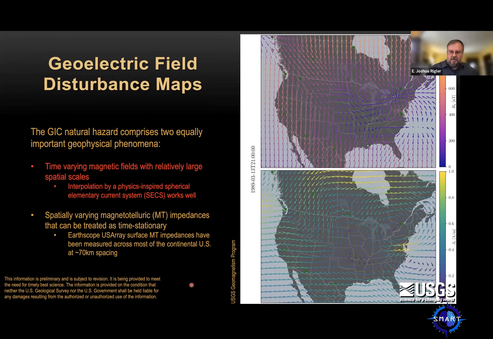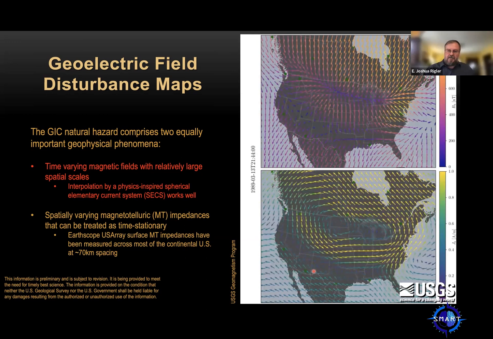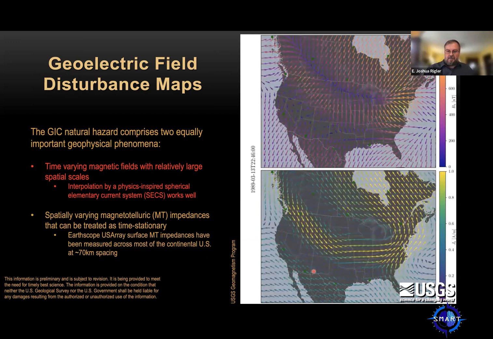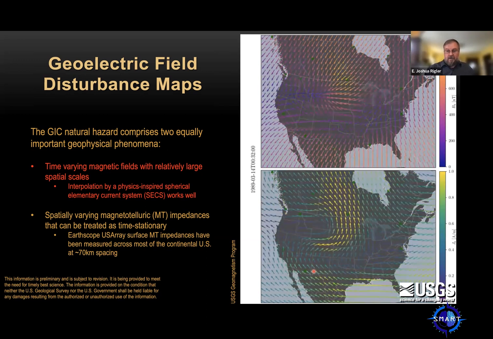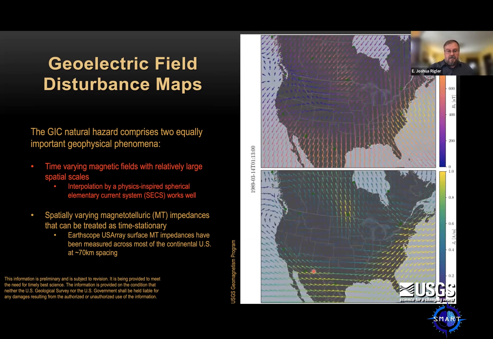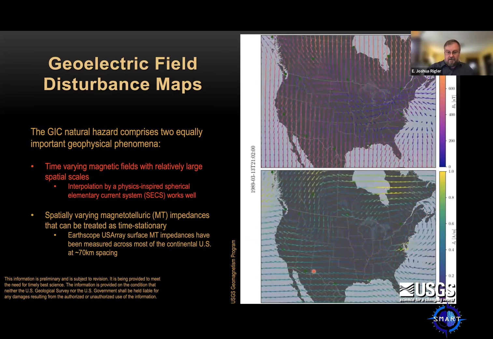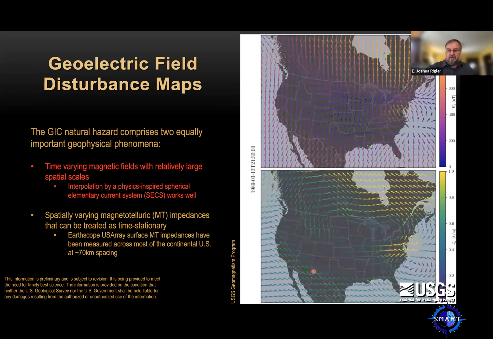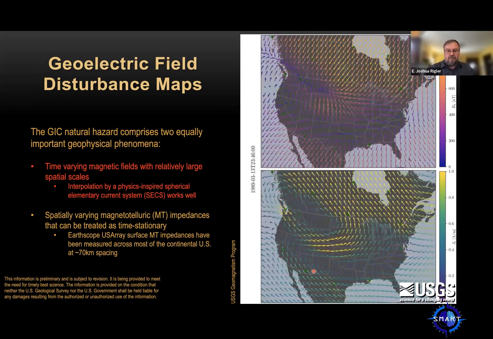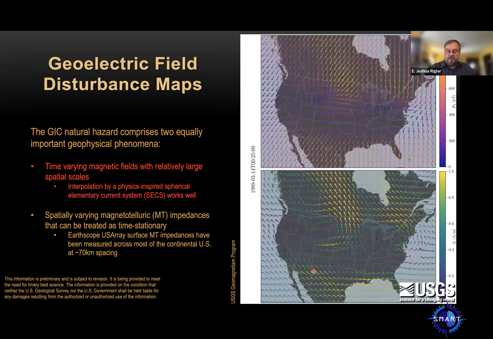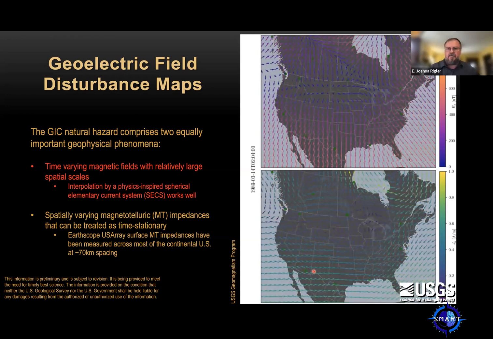So I'm just going to do a quick movie here to show one of the things that I've worked on. These are basically the magnetic disturbance vectors over North America, interpolated using a technique based on spherical elementary current systems, or SECS. This is a well-known technique, used by a lot of researchers, and in operations at places like the Space Weather Prediction Center, as well as in industry. It's just a way of interpolating between sparse ground measurements.